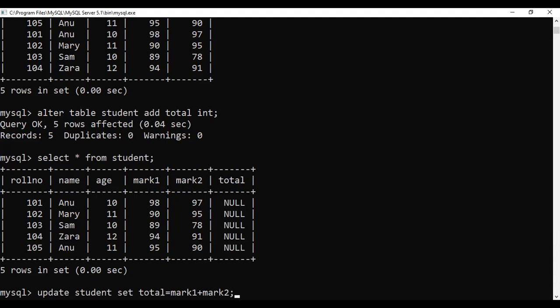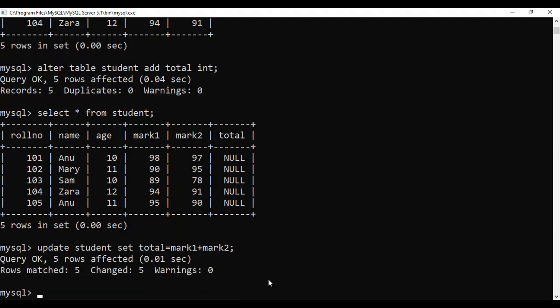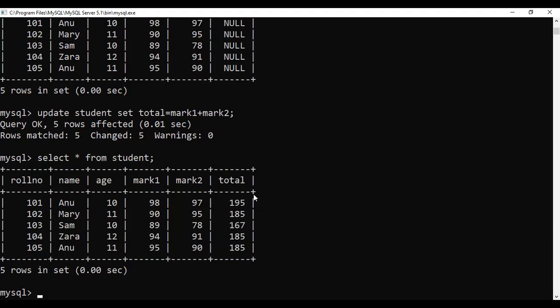For all the students, we want to change the total column as mark 1 plus mark 2. So update student set total is equal to mark 1 plus mark 2. And if I say select * from student, you can see it is added up. That is 98 plus 97 is 195. You can see over here the total column is added up.